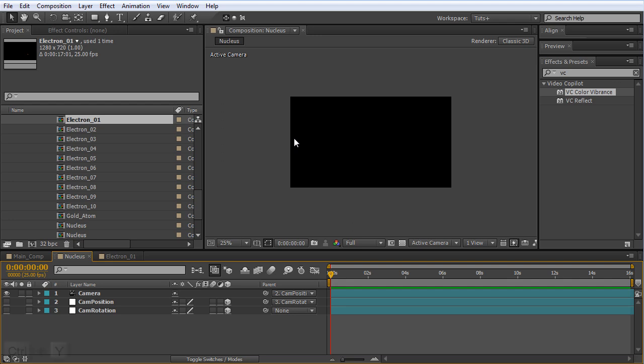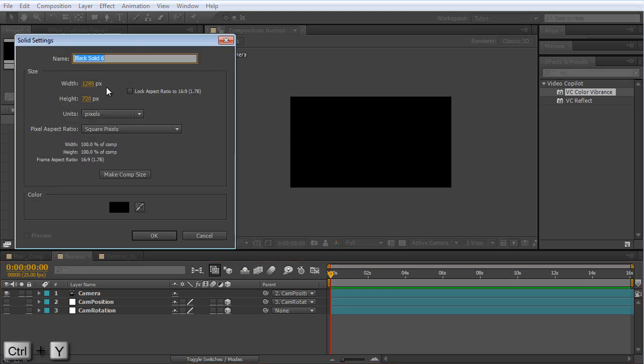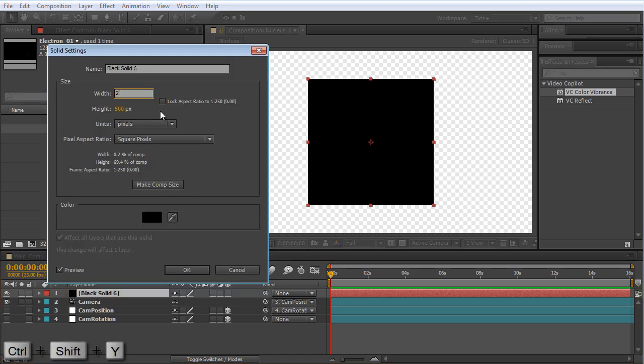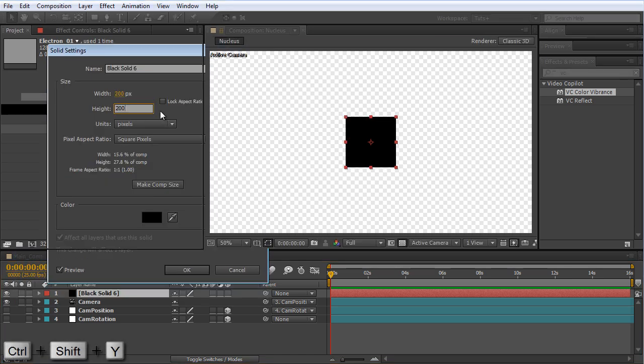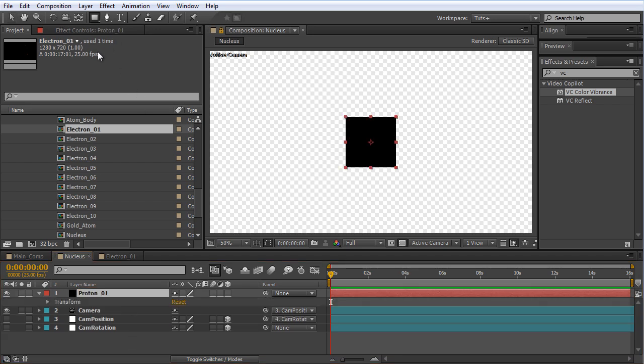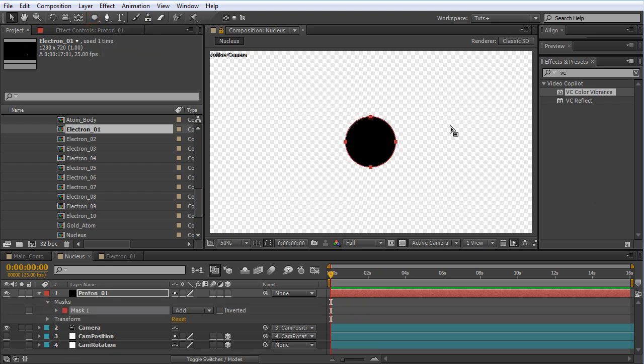Let's create a new solid, Control Y, and we'll make this one 500 by 500. 500 by 500 might be a bit too much. Let's make it 200 by 200. We'll rename this layer to Proton 1. We'll switch the mask tool to the ellipse tool and double click on it to create a circle mask for it.